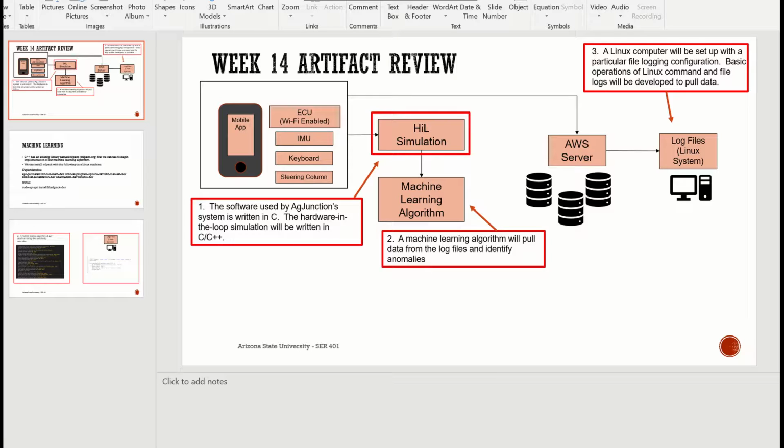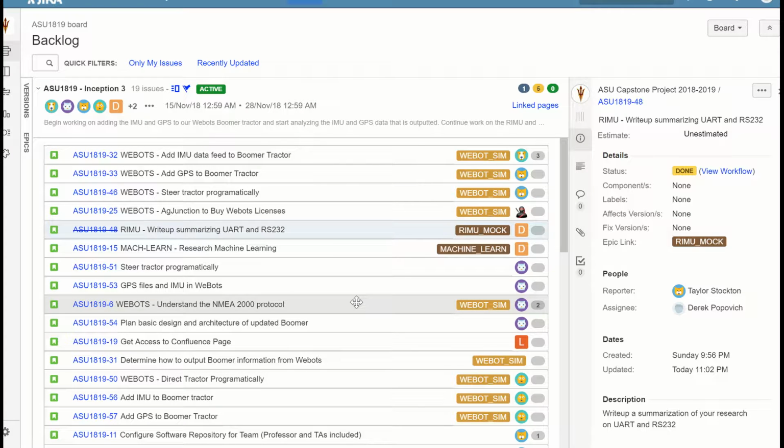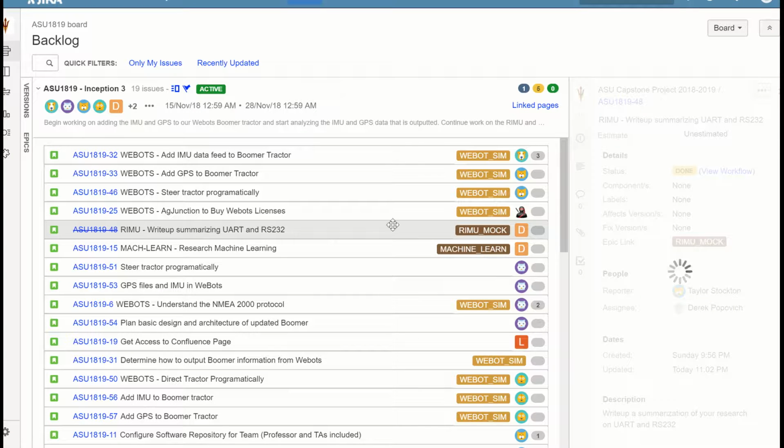So here we have an overview of our system once more and the tasks that we have to complete for the Ag Junction system. Next we'll be moving on to the JIRA board, and here are our current tasks in the backlog. So what we've done this week, first of all, is looking at the research of the UART and RS-232